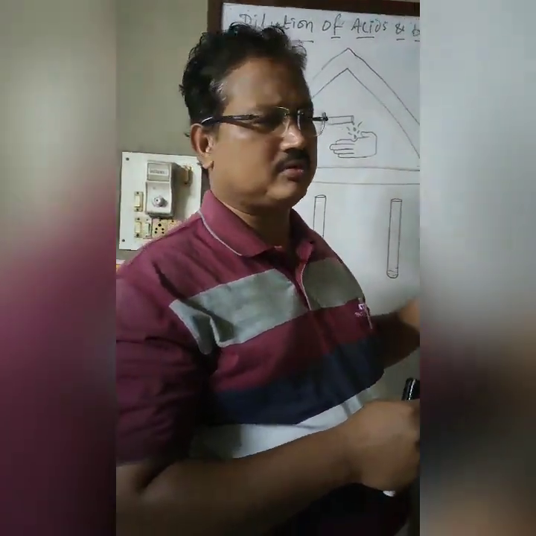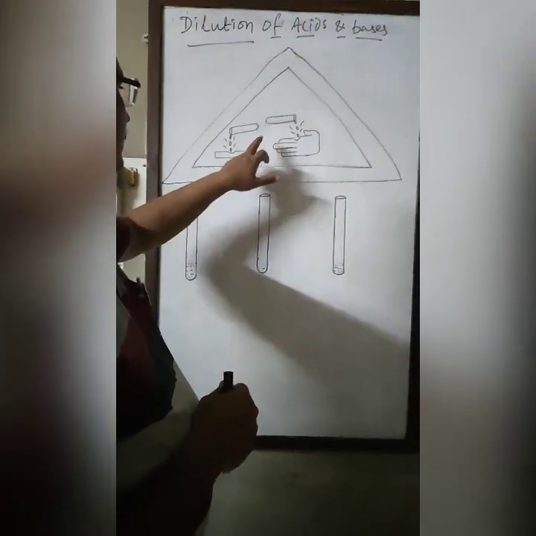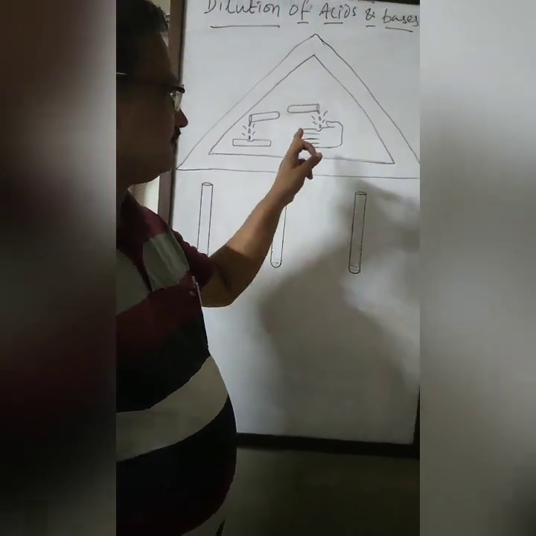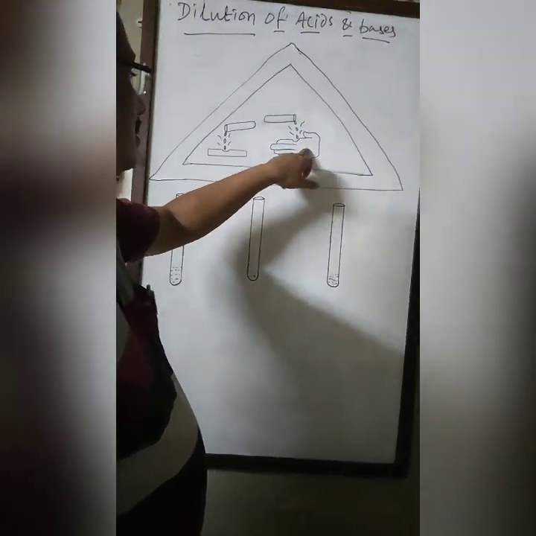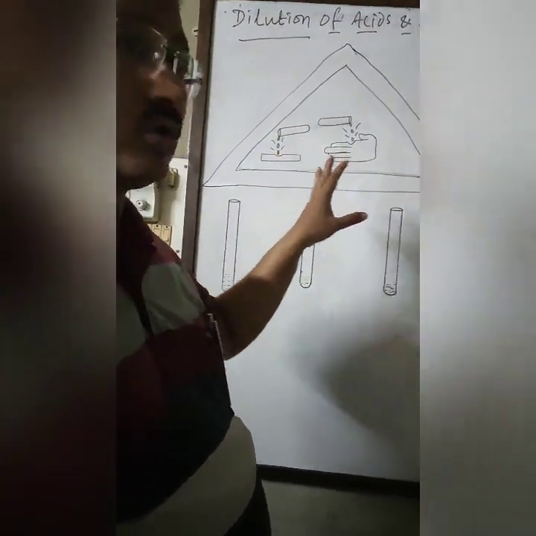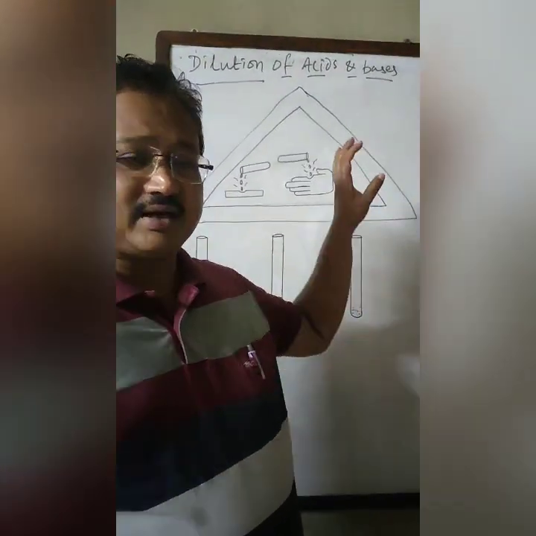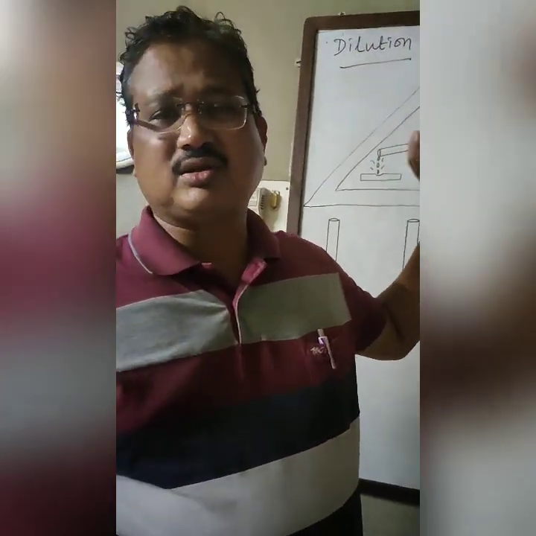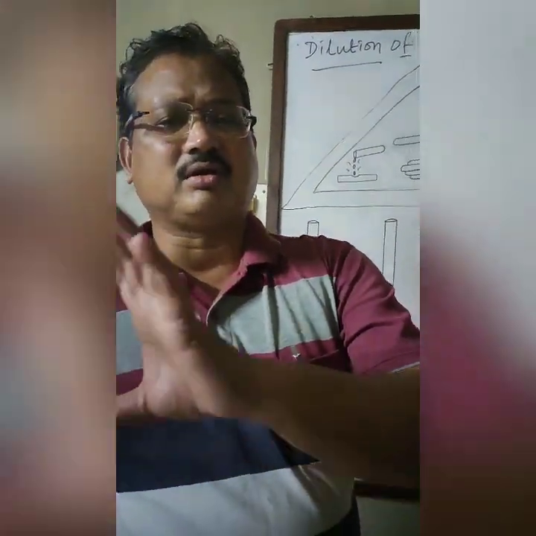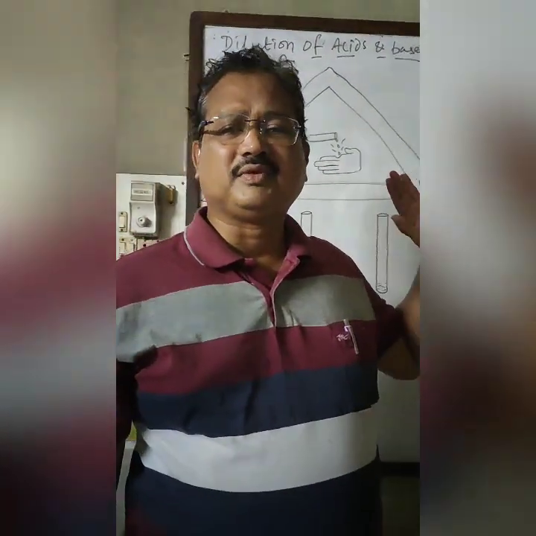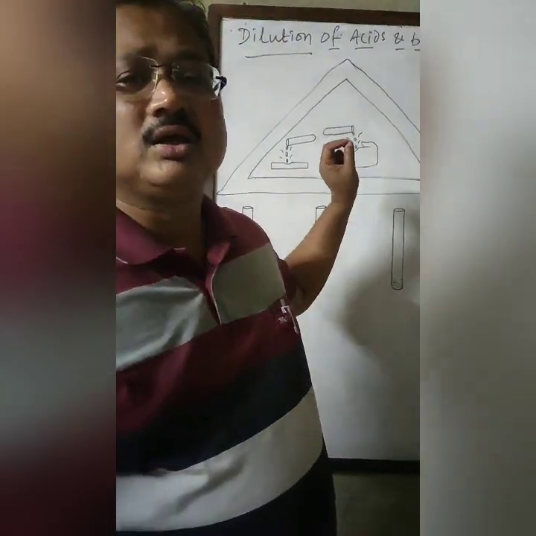And on every acid bottle or strong base bottle, you may find this symbol. This indicates that these contents are corrosive in nature. If spilled on your hand, your skin or any surface, it may corrode. That is the danger sign given on each of these, whether you see the hydrochloric acid, sulfuric acid, or sodium hydroxide or potassium hydroxide pellets bottle, you will find this symbol. This indicates it is highly corrosive.